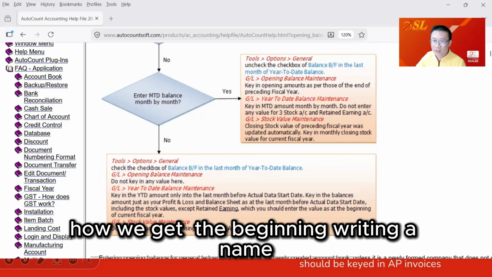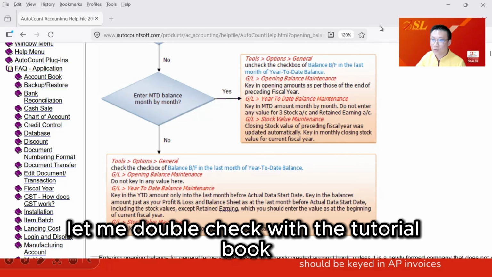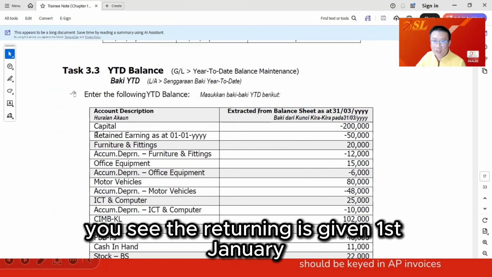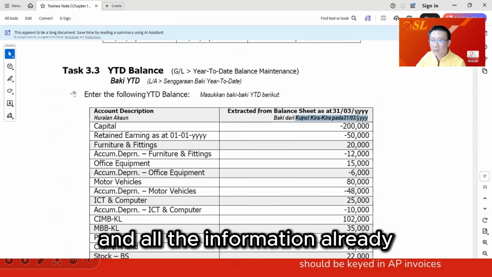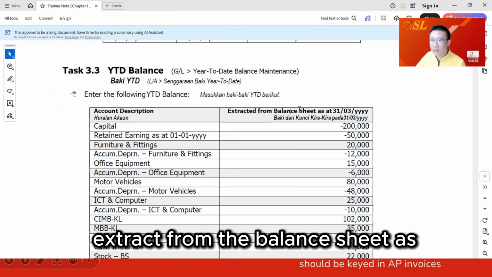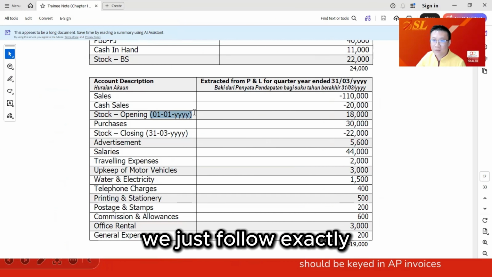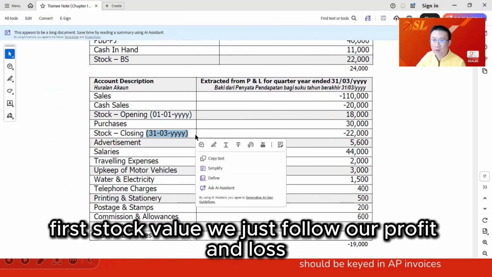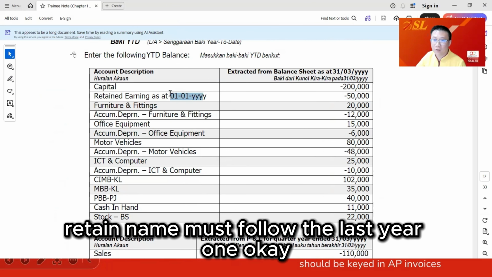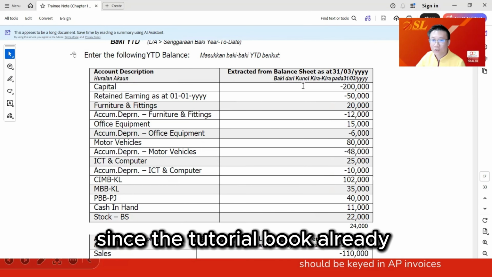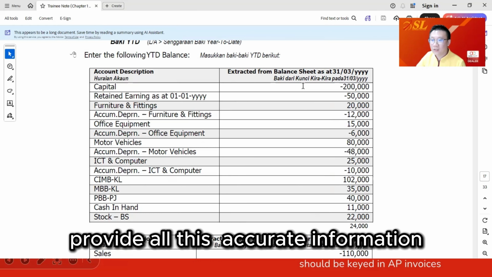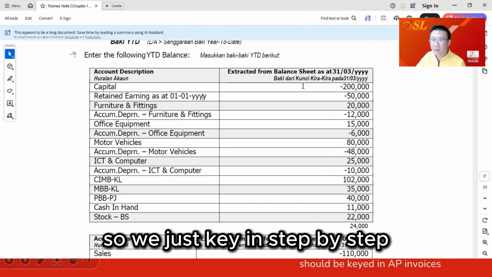How do we get the beginning retained earnings? Let me double check with the tutorial book. Here you see the retained earnings is given as of 1st January, and all the information is already extracted from the balance sheet as of 31st of March, except for the stock value. We just follow our profit and loss account, except for the retained earnings. Retained earnings must follow last year's one. Okay, since the tutorial book already provides all this accurate information, we just key in step by step everything